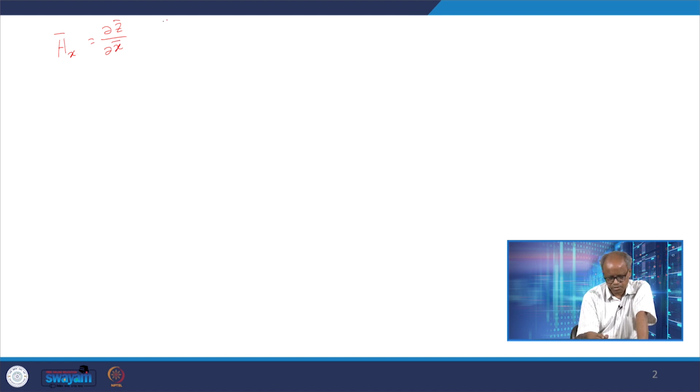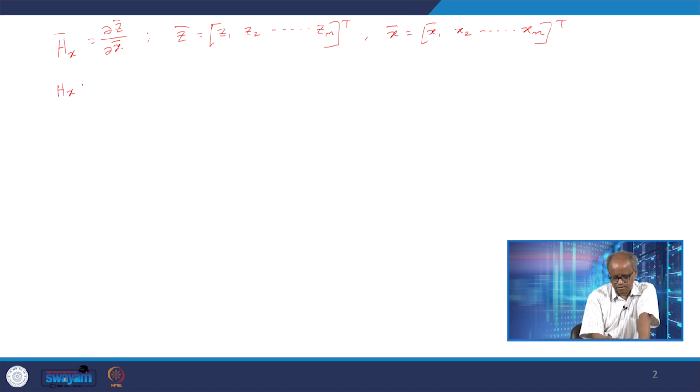Suppose my z vector is z1, z2 to zm, the measurement vector, and my vector x is x1, x2 to xn. This is the state vector to be estimated. Then Hx is del z by del x,